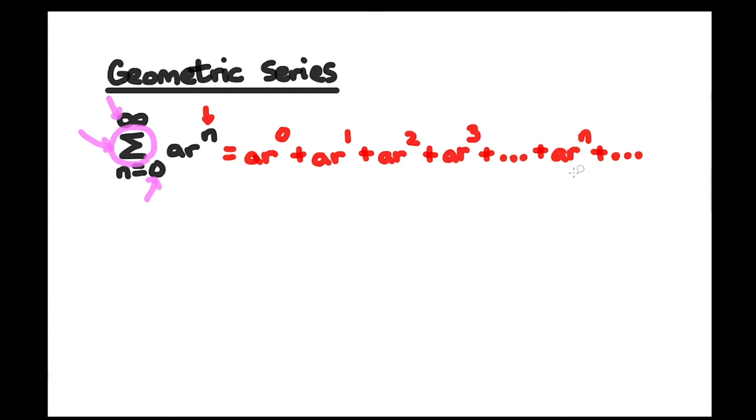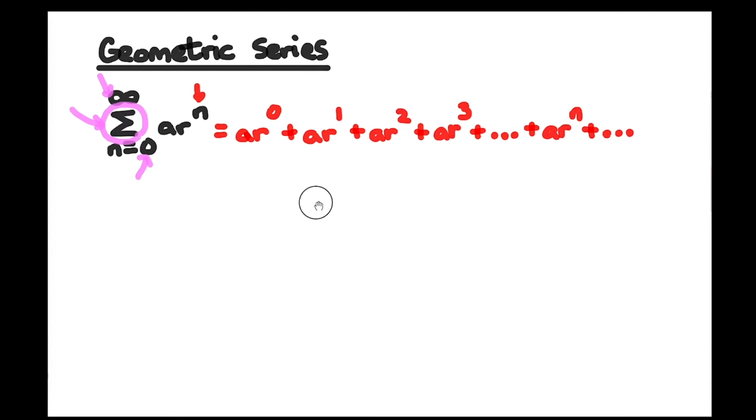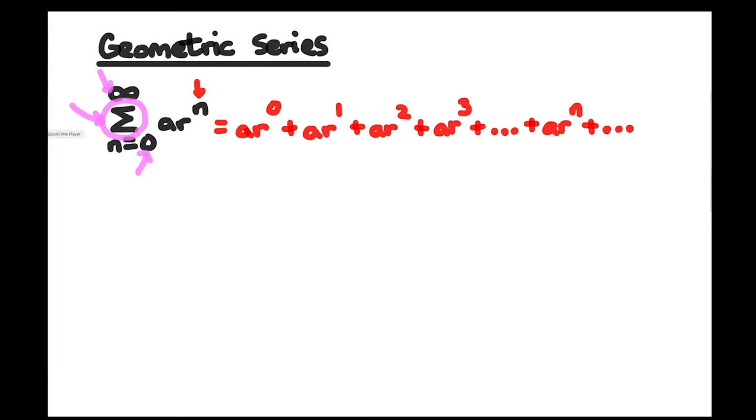Now, a really interesting and very clever thing that you can do with geometric series is I am going to set this first part equal to S. So I'm going to say this whole thing is equal to S, S for sum. Okay. And what I'm going to do with this S is I'm going to multiply it by R, which is the same R that we have right here. And if we multiply R by S,